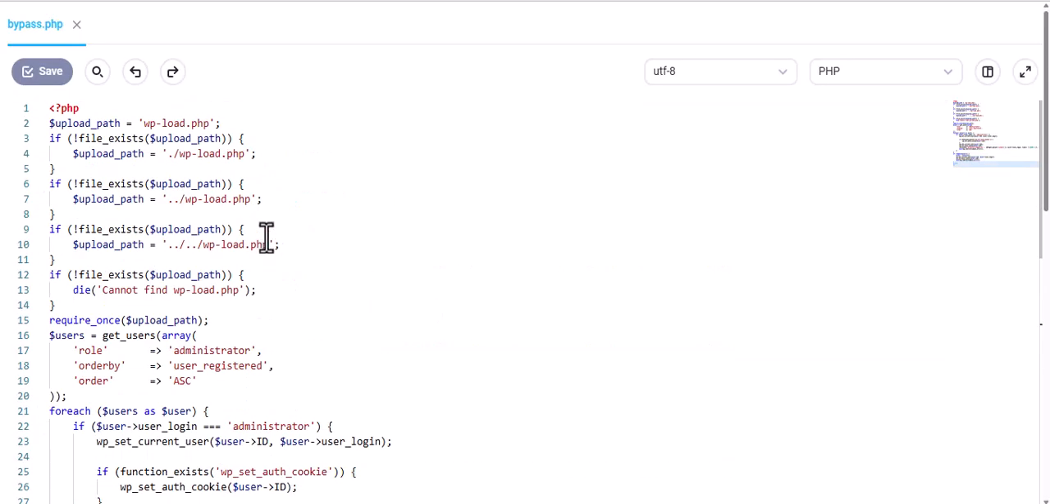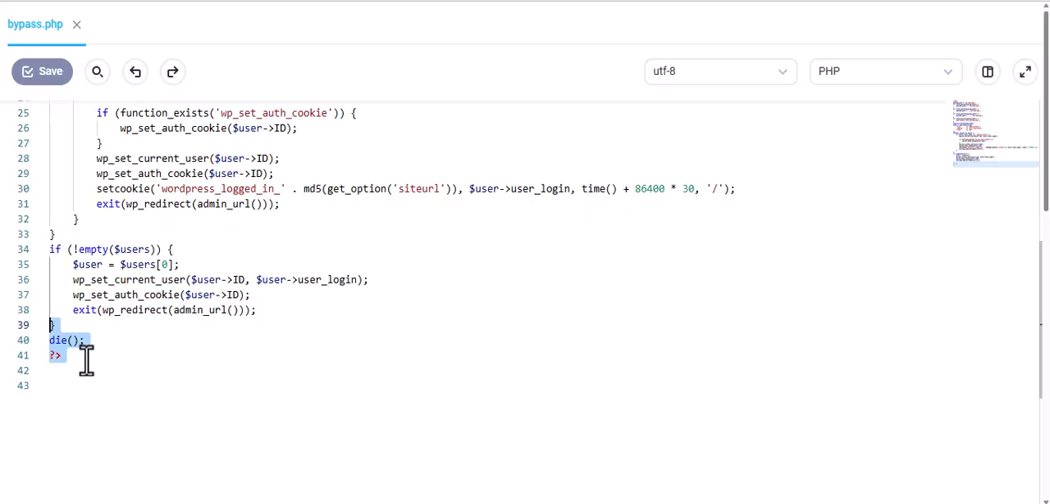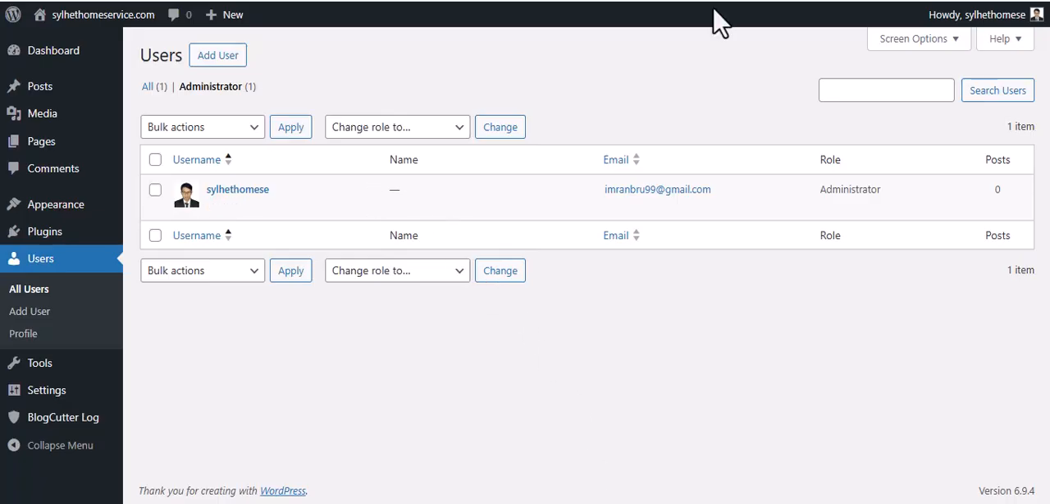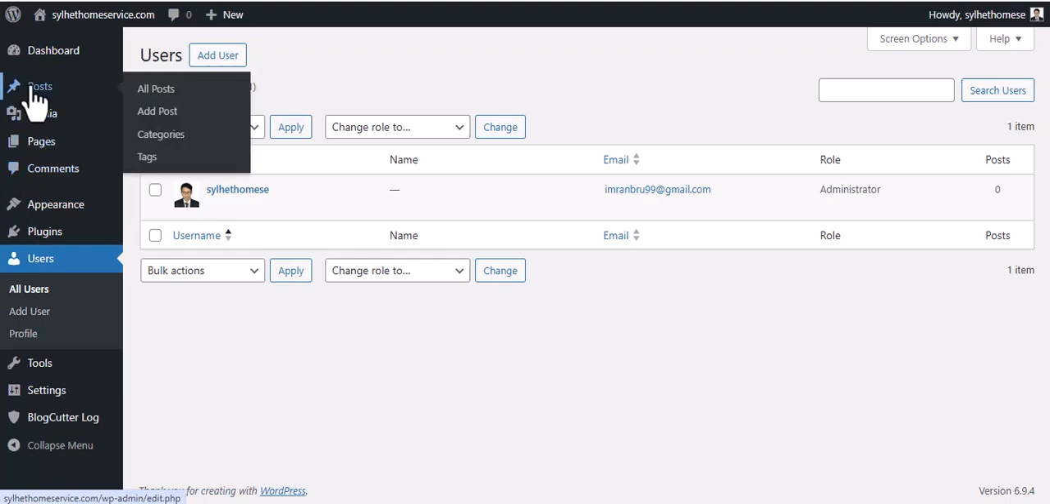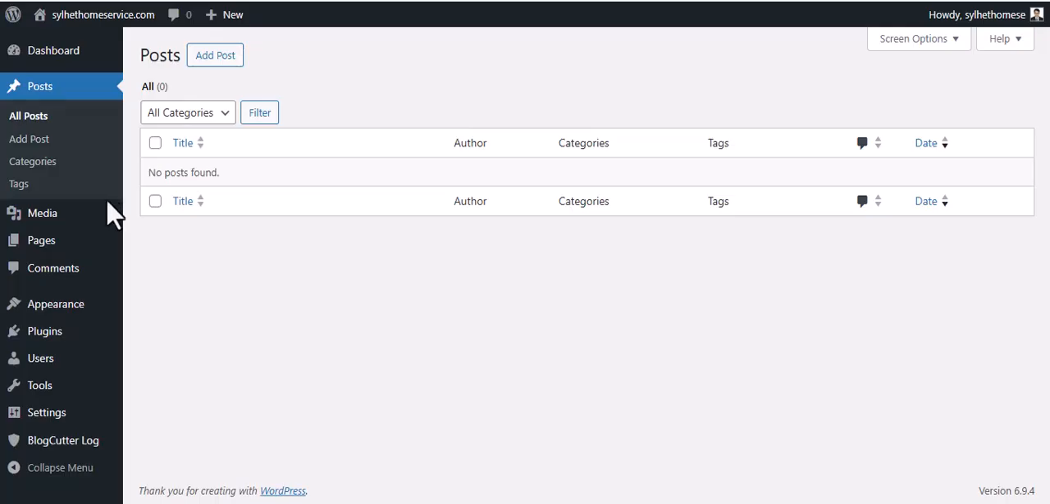So this is a simple file, only under 50 lines. This can hack your website, the WordPress website is easily hacked. Just click this file, and when you hit this URL, when you hit the file, then you have